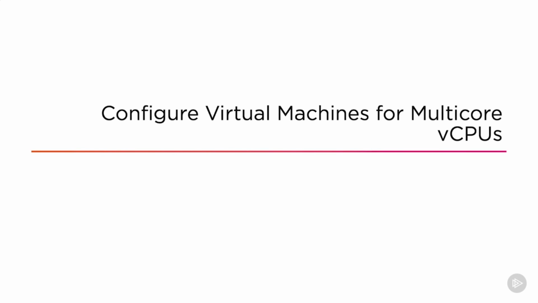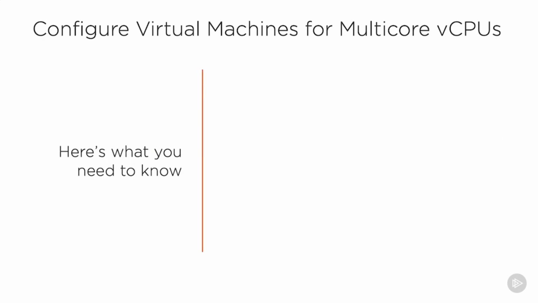Most every virtual machine in your vSphere inventory is going to have more than one virtual CPU. But there's also this concept of cores. Let's talk about the difference between CPUs, cores, sockets. All these things can get quite confusing. Here's what you need to know. First off, you have the traditional CPU. When we think of CPU, we think of the big Intel or AMD CPU that we plug into the motherboard